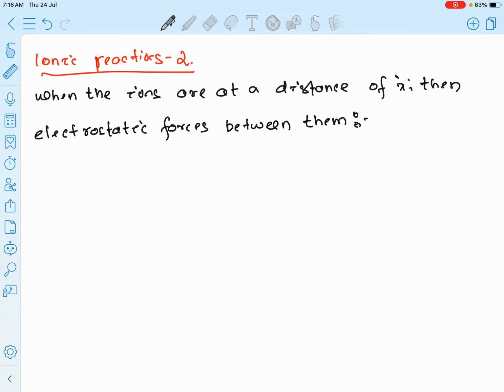You know from the knowledge of plus 2 that when two point charges approach each other in any medium, the electrostatic forces of attraction or repulsion,